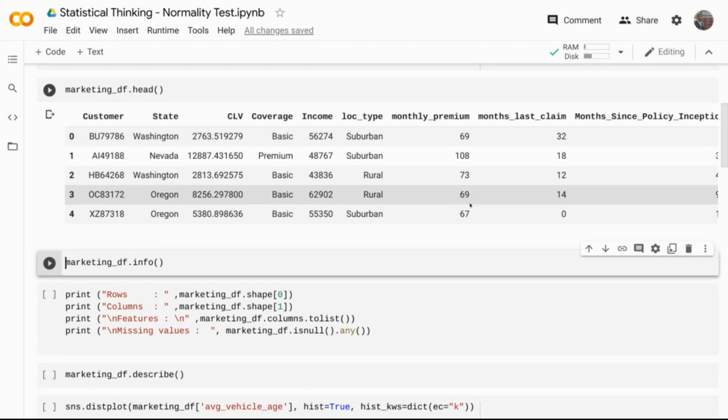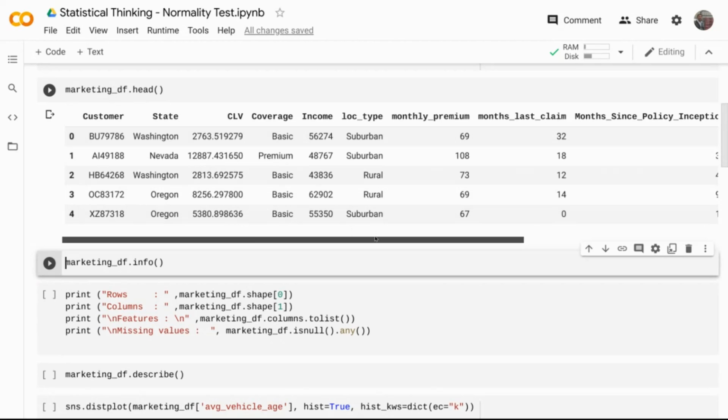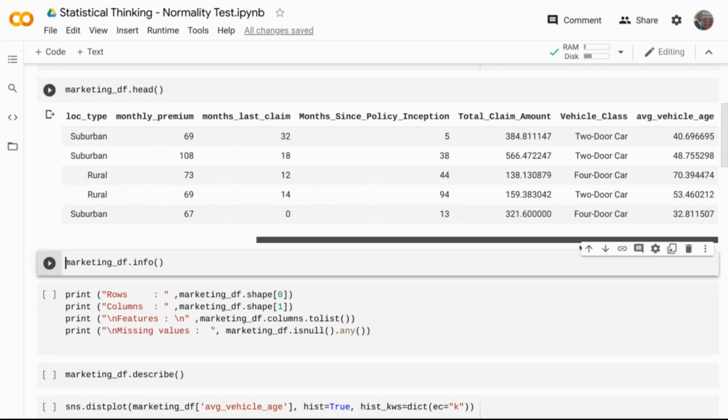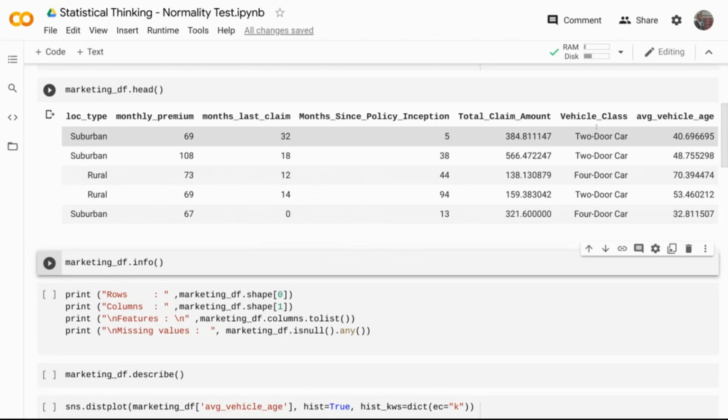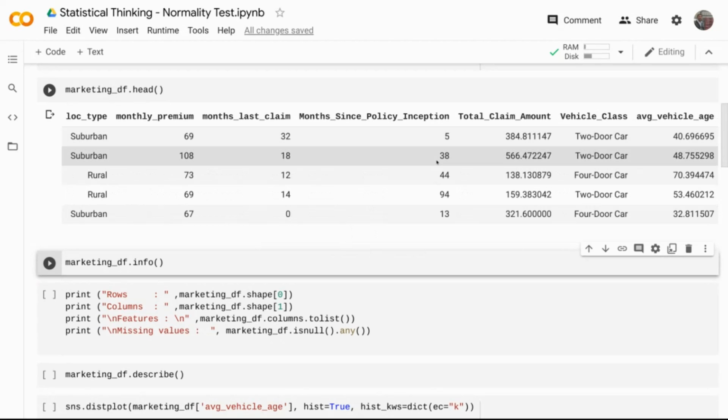There are a lot of other data available over here: total claim amount, average vehicle age, whether the vehicle class is a two-door or four-door vehicle. So there are a lot of data available. I'm going to use a few columns. I'm going to use the average vehicle age and the customer lifetime value, and talk about different distributions